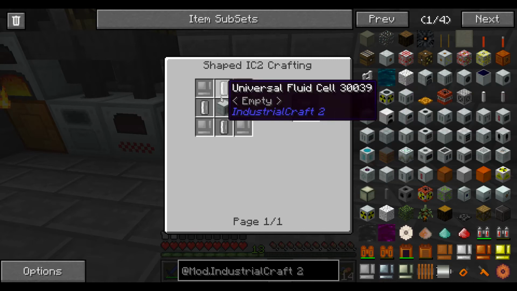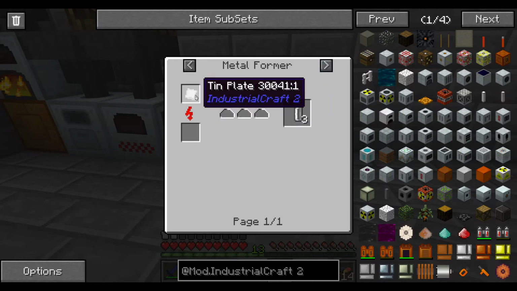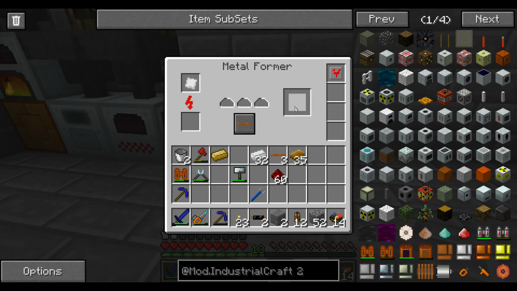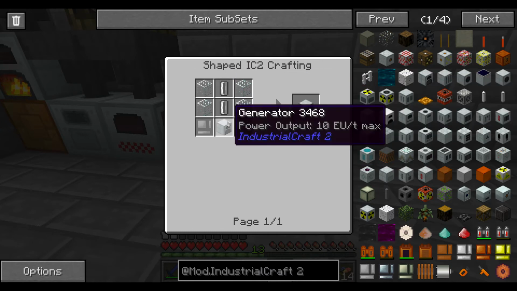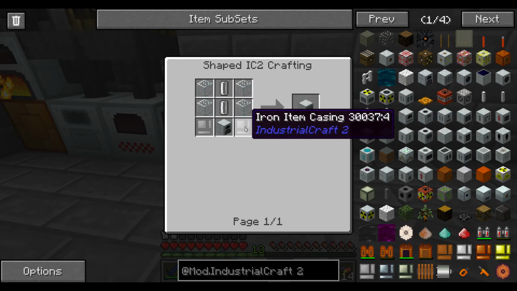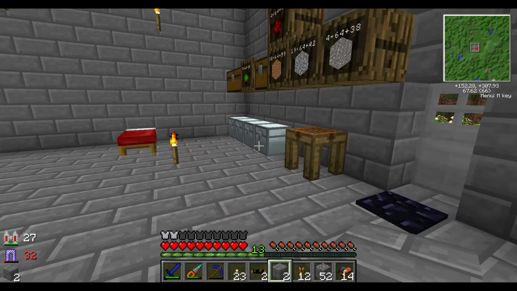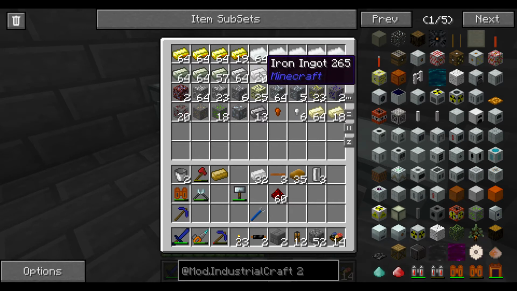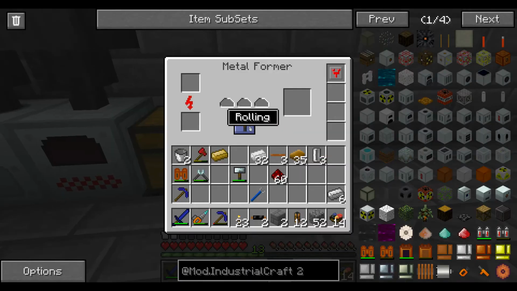Where was it? The empty cells. And I believe that's right. Tin plate. Yeah. Why did it not work? Oh, there it goes. So now we have our empty cells, and we should be able to take our generator and make a geothermal generator. So we're just going to need some iron item casings. And I don't have any iron on me. So we'll grab just a little bit of iron, and this will make it really easy if we just use the rolling